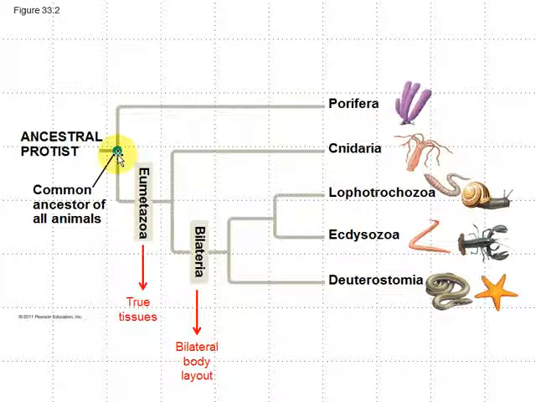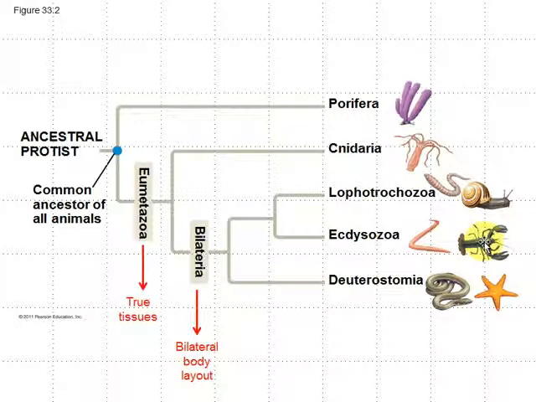The porifera, those are sponges, and then everyone else falls into the eumetazoa, which is having true tissues. So only the sponges don't have any true tissues at all, no specialized cells that form groups of tissue. And then we could further divide once we get rid of the jellyfish and the sea anemones, which would be the Cnidaria. Then we get to the bilateria, the bilateral symmetry creatures, which would be pretty much everyone else, everyone from snails and segmented worms all the way down to the crustaceans, the arthropods, and the deuterostomia.